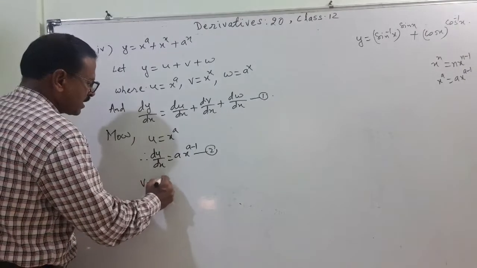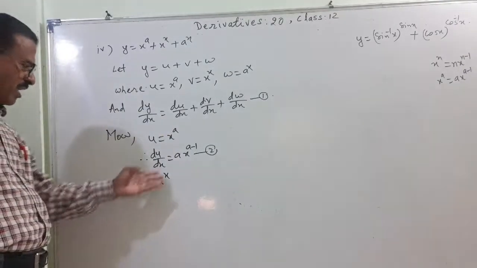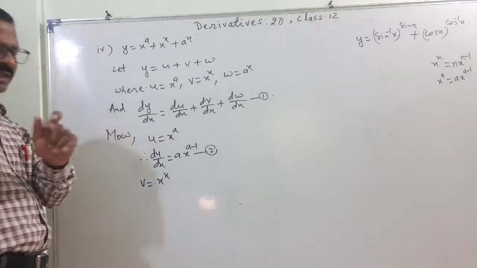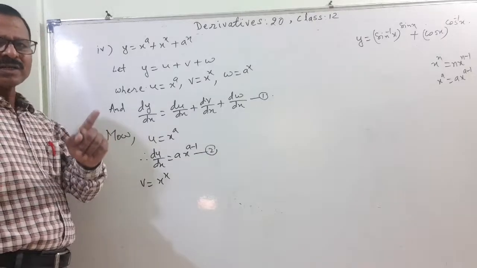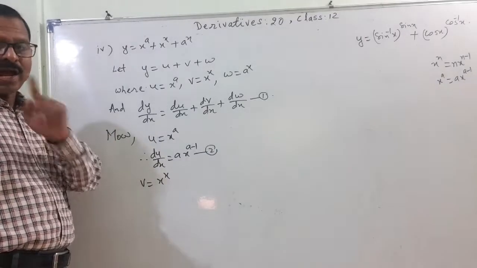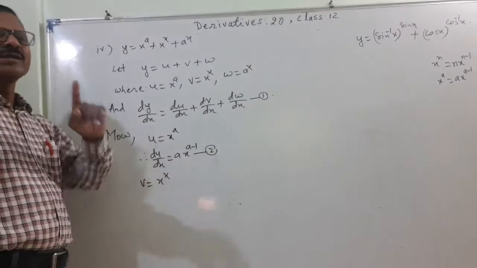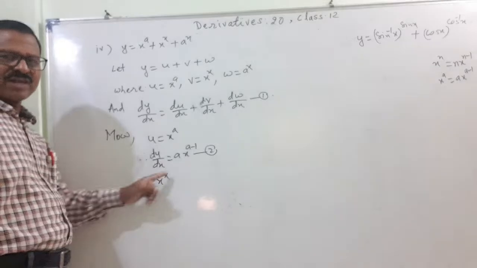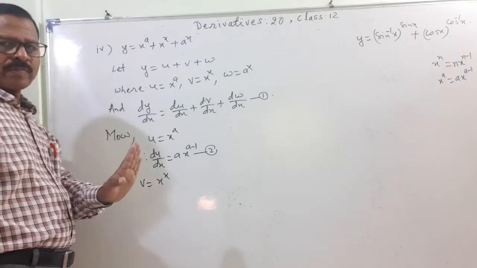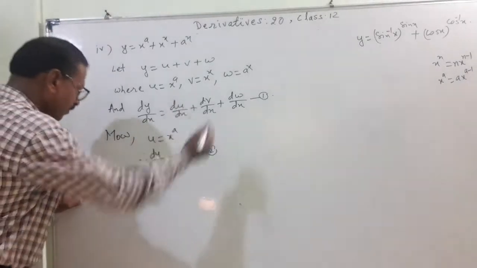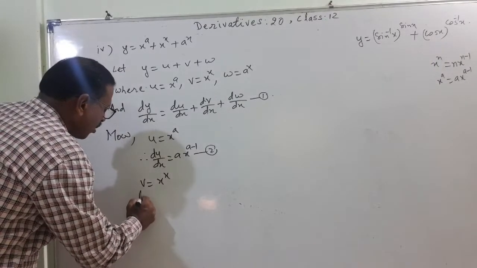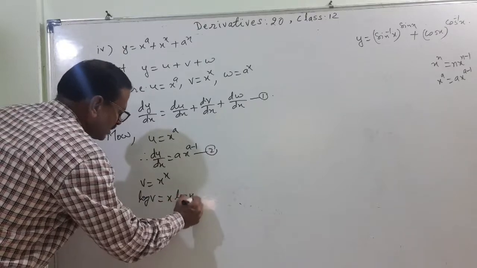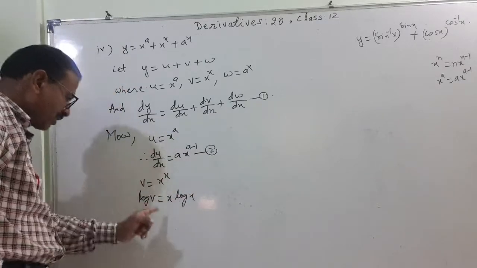V is equal to x raised to x. This is variable raised to variable. So where we take the log is for a very complicated function. This is number 1. And variable raised to variable, then you have to take the log only. For x raised to x, meaning variable raised to variable, take the log. There is no other excuse. Okay. So log of v is equal to x into log of x. See this, I have taken the log, this is the power, brought it here.